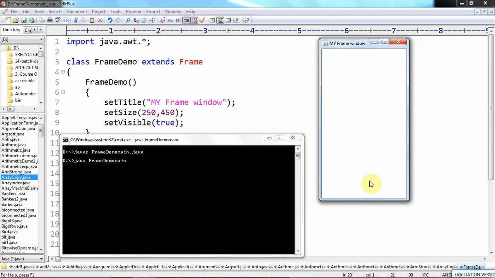Then to make this window visible to the user, we need to execute the set visible method by passing the parameter true. So like this we can create frame windows.